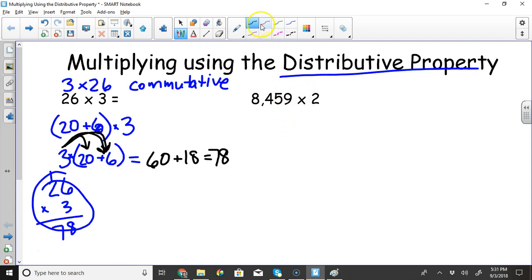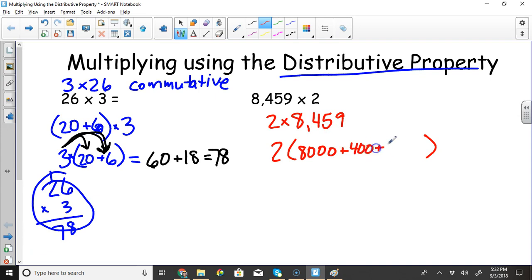So I'm going to switch the order of this using the commutative property. 2 times 8,459. Now I'm going to break up this larger number, 8,000 plus 400 plus 50 plus 9. So the distributive property says we just multiply one at a time and add them all